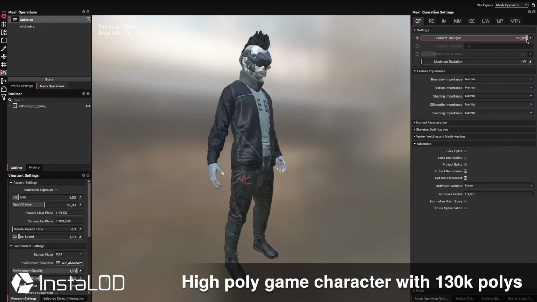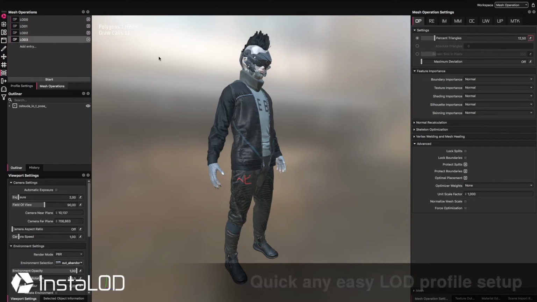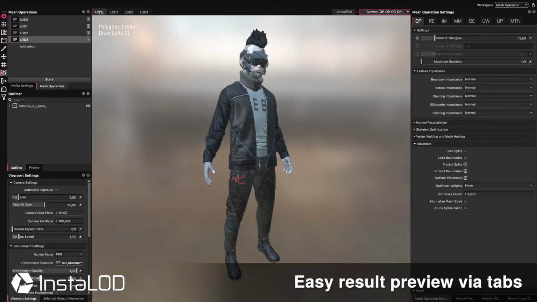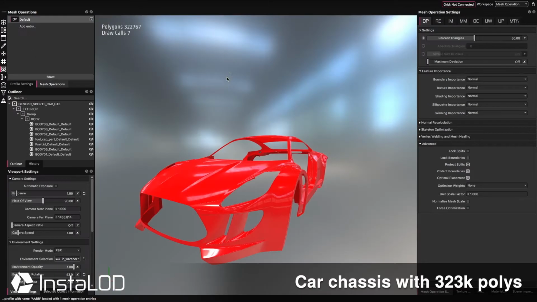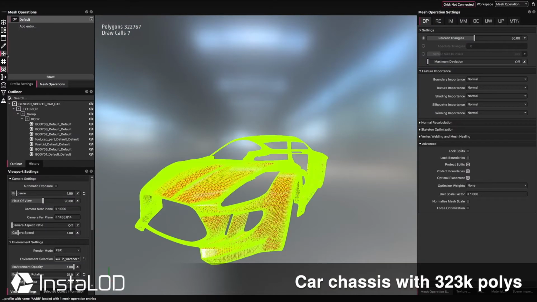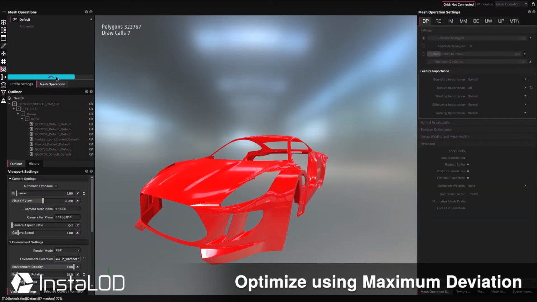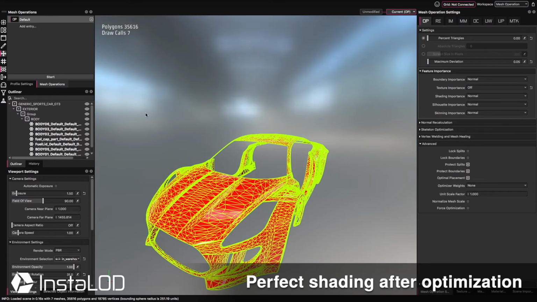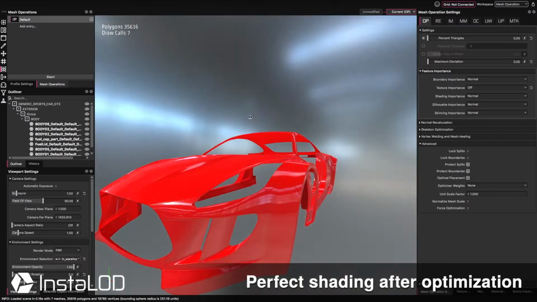InstaLOD offers everything you need for the production and automatic optimization of 3D content. InstaLOD's Polygon Optimizer has a unique way of preserving surface attributes which enables optimized geometry to render and shade true to the original geometry. Low processing times, sophisticated algorithms, and extensive control make InstaLOD's Optimizer the perfect match for any